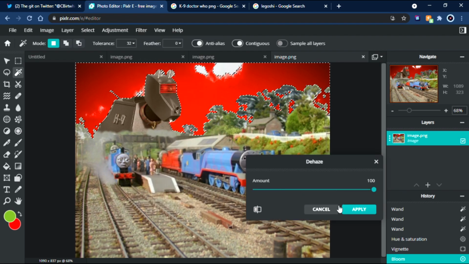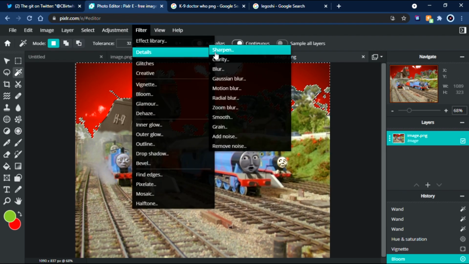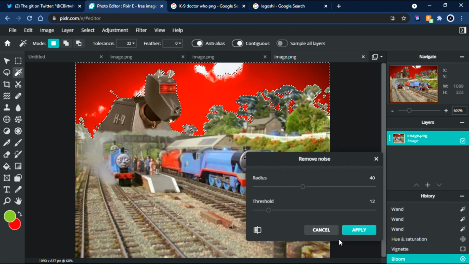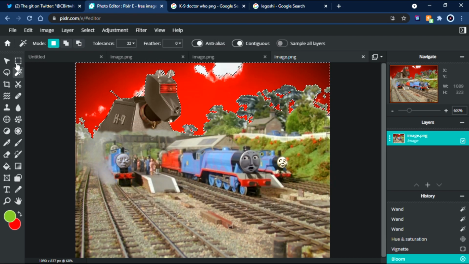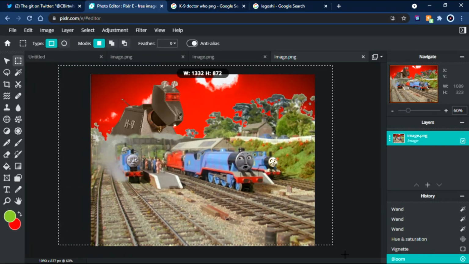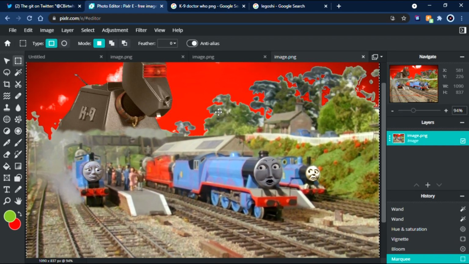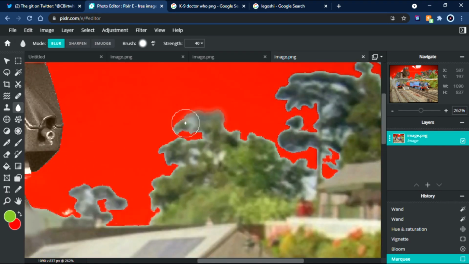Dehaze? Do I need dehaze? Nah, I don't need dehaze. Never do. Don't need to remove any details there. But now, if I just select the whole image again, yes, the trees don't look the best. However, that's where our friend Blur tool comes in, because you bring him over here and just blurs these edges a little, and